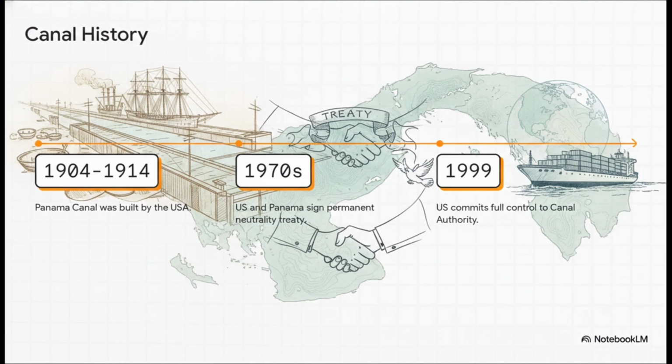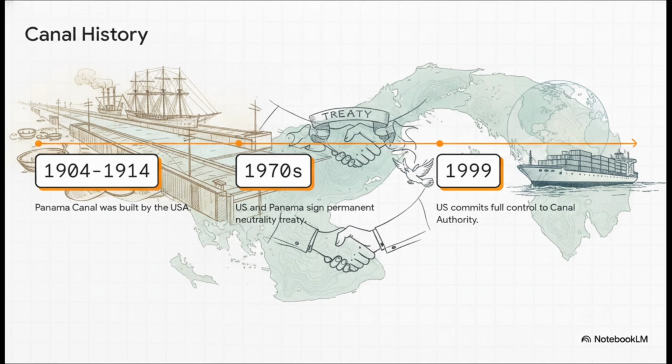Leaving the icy north, let's travel way down to one of the most vital strategic choke points on the entire planet. To really grasp the current tension unfolding in Latin America, we just need a super quick history lesson. The USA actually built the Panama Canal between 1904 and 1914 and managed it for decades. But as part of a transition away from direct control, which is a total hallmark of moving past old imperialism, the US signed a permanent neutrality treaty in the 1970s and fully handed over control to the Panama Canal Authority